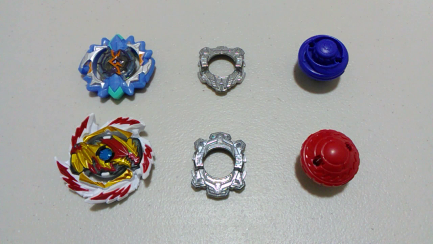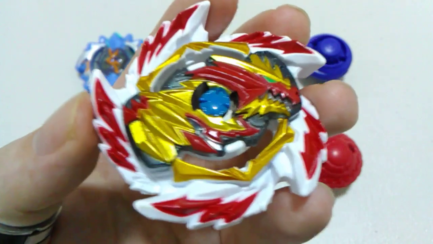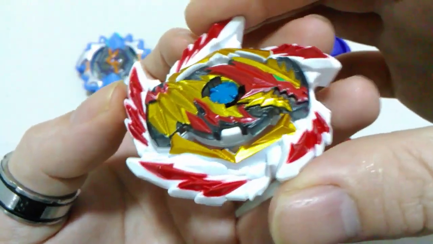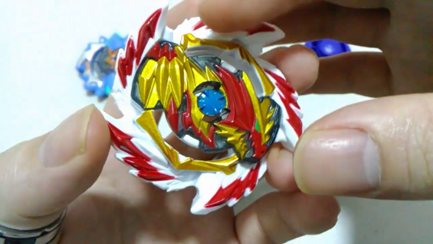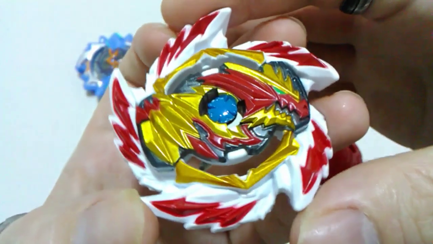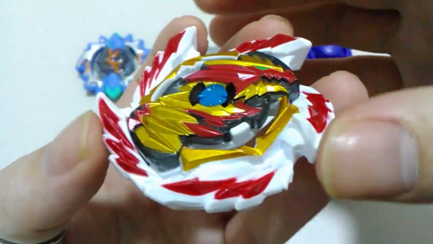Well, that's everything out of the packaging, and let's start this off with Erase Devolos and his energy layer. Here it is, Erase Devolos, and we get this nice white and red paint to the energy layer. Goes really well with that golden red on the chip, and it says it's a bounce type of energy layer,